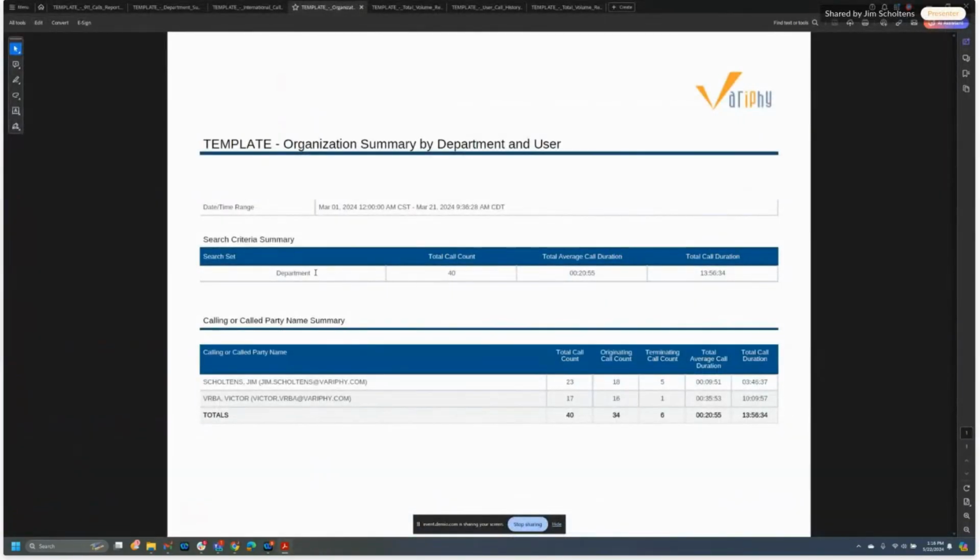So my summary, this department, I could have named it a little bit better to make it more descriptive, but the tech services department, I have 40 calls, average duration, total call duration, and each person listed out for that department, their calls. And here I broke it down, originating call count, terminating call count, and then the